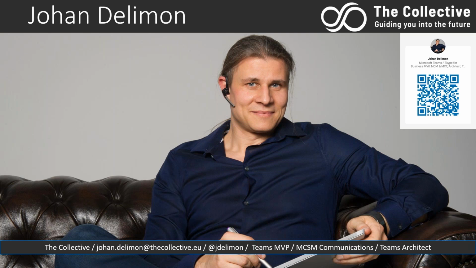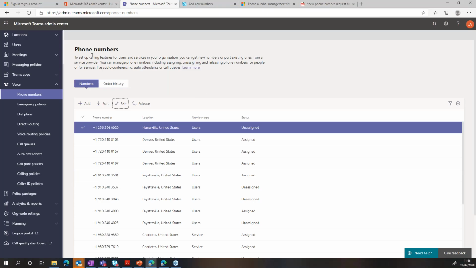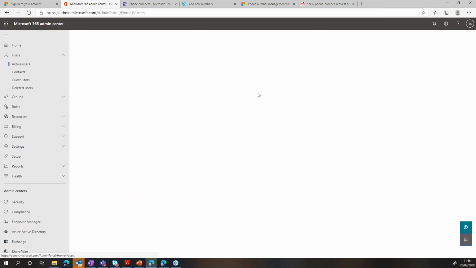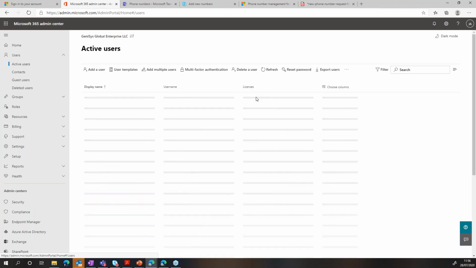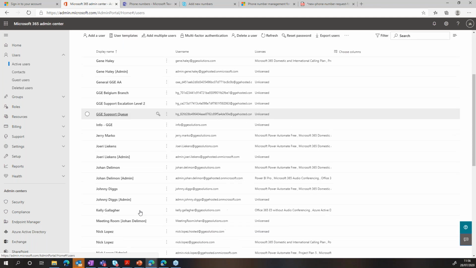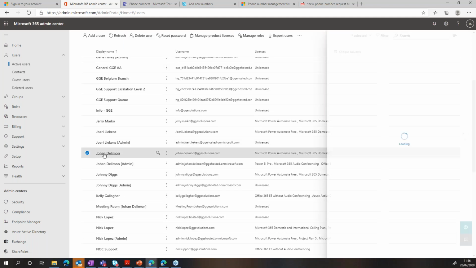It just depends, and let me get my... I can show it. Let me see, yes. So it kind of depends on the user configuration, and we do have to go to the admin portal. So of course you have a global tenant. Everyone has one tenant, it's usually in one location. But then you apply phone numbers based on the configuration you have on the user. So for example, this user,